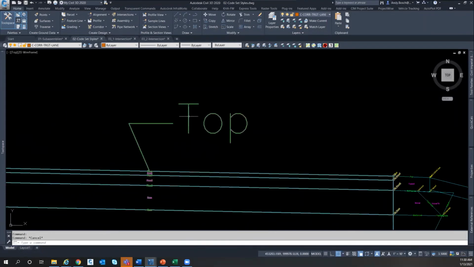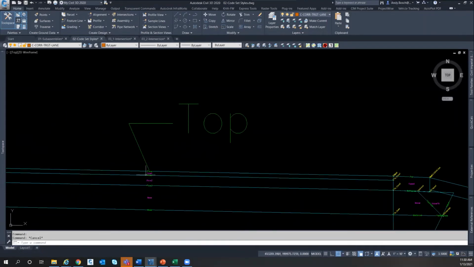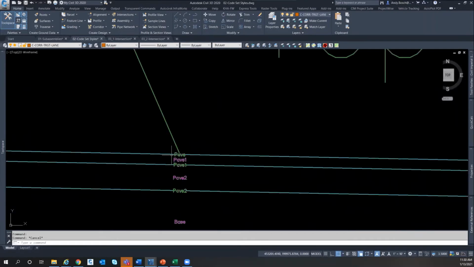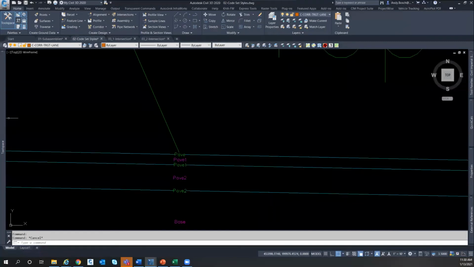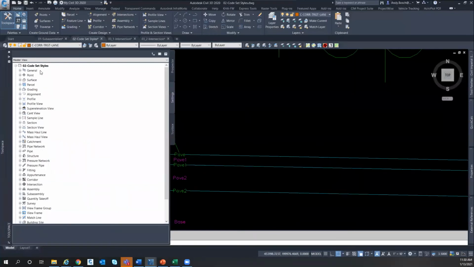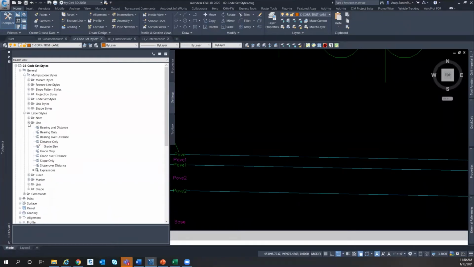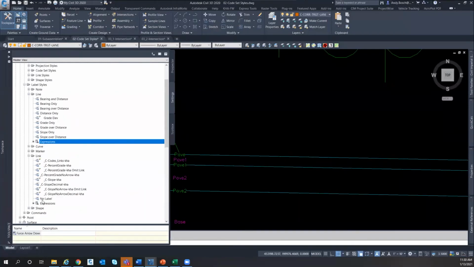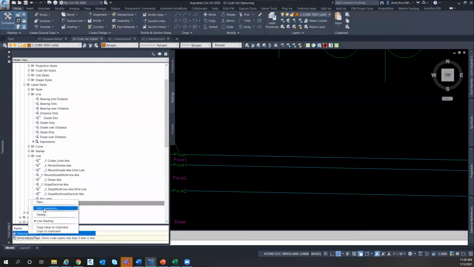You'll notice here I pulled one code out and you can see how the sizing of this changed. I've changed this assembly to remove the scaling like you do with other Civil 3D objects. It'll scale up and scale down. So if I go to settings, general, multi-purpose styles, and let me see if I go to the right spot here. Actually, I think it's label styles. And if I go to link, expressions, I added in, if I edit this expression,